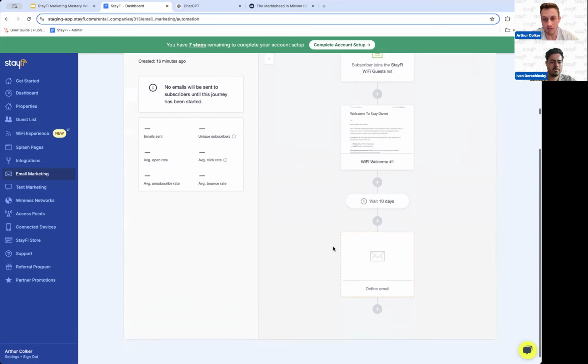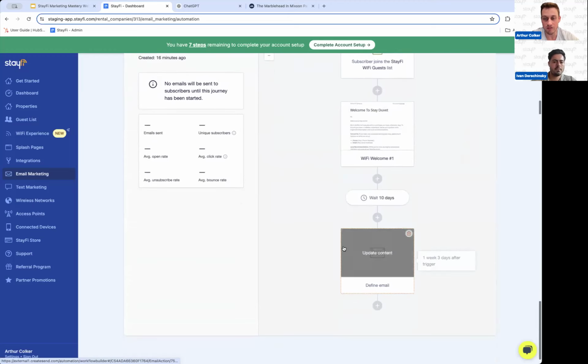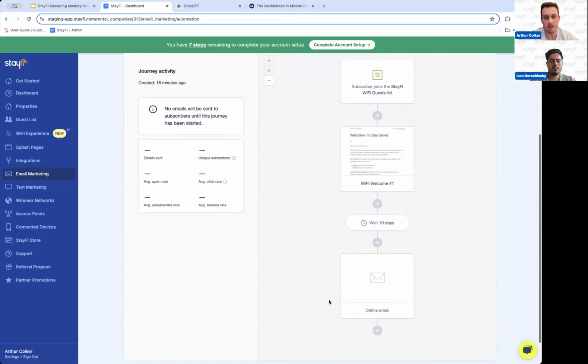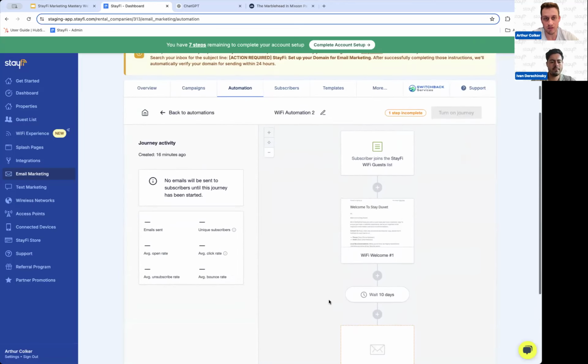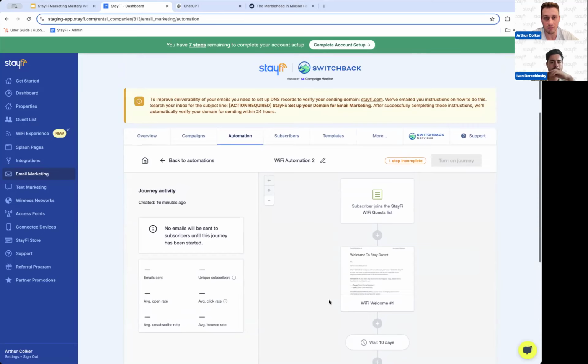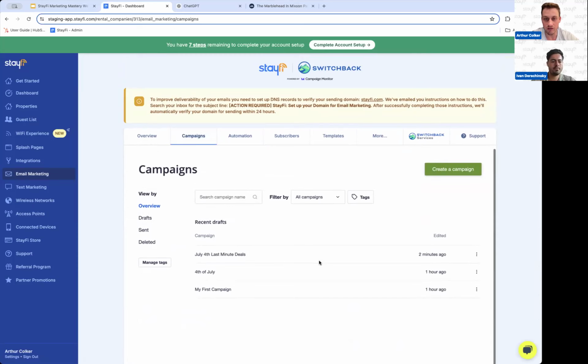You can create a multi-step automation. So you can not only have a welcome email, you can proceed to send emails in 10 days, a month. You can even add one 9 months later to do rebooking for the same time of the year to bring somebody back. And then finally, when you create campaigns, leverage our newsletters,